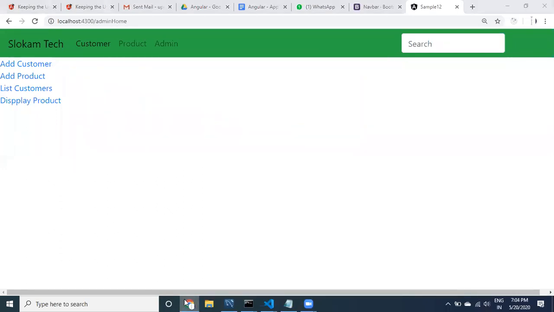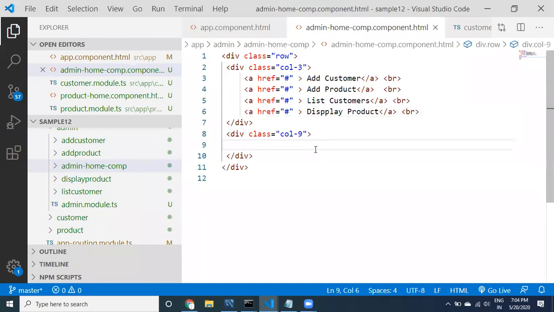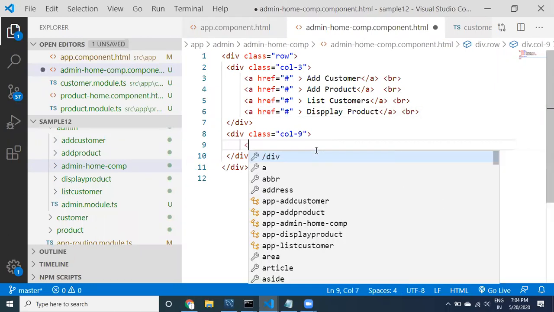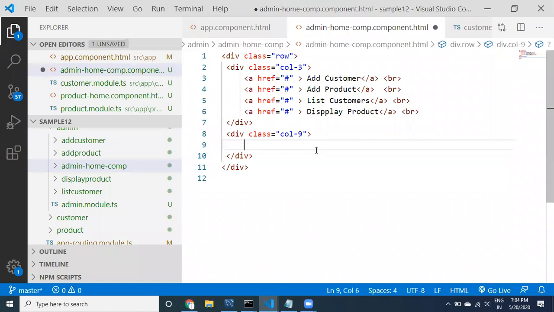To display that, here it is going to be router outlet. One thing we need to do: router outlet and router link are related to the router module. The router module is separate, and the admin module is separate.